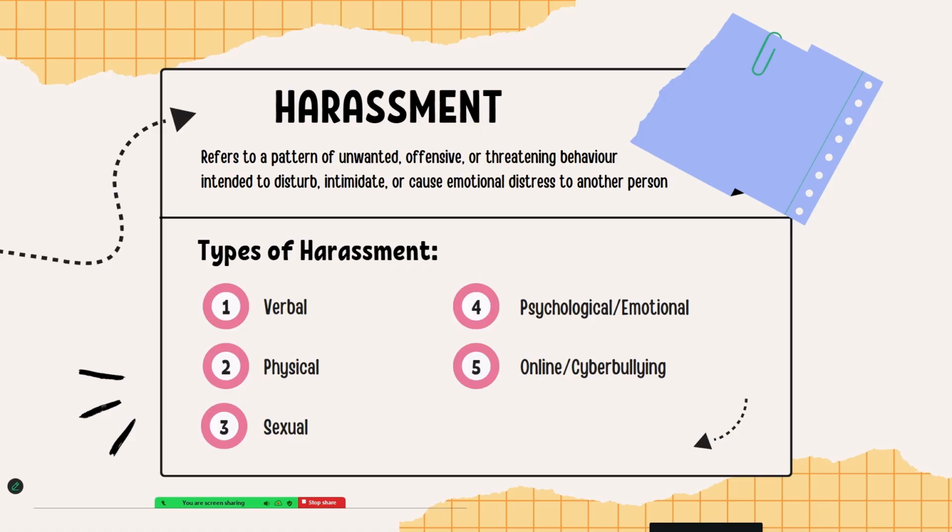We defined harassment, that unlike discrimination where there are these protected grounds, harassment refers to a pattern of unwanted, offensive, or threatening behavior that's intended to disturb, intimidate, or cause emotional distress to another person. We went over the different types of harassment. There's verbal, physical, sexual, psychological, emotional, and online or cyberbullying. We talked about how a one-time thing is not okay, but it's not considered harassment. If it happens multiple times, then you've got a pattern,